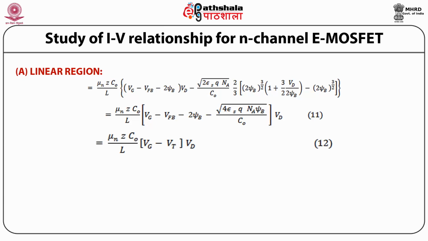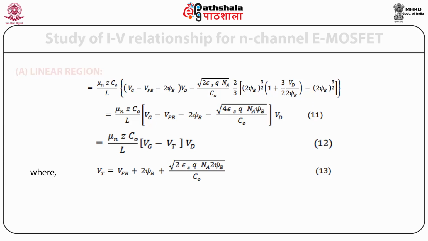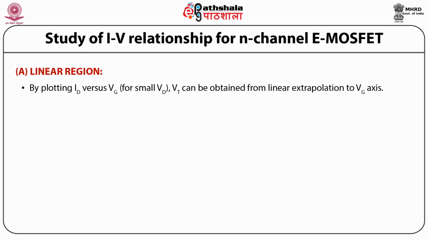This is equal to μn Z C0 by L (Vg − Vt) multiplied by Vd, where Vt is equal to Vfb plus 2ψb plus √(2 εs q Na 2ψb) by C0. So hence by plotting Id versus Vg for small Vd, Vt can be obtained from linear